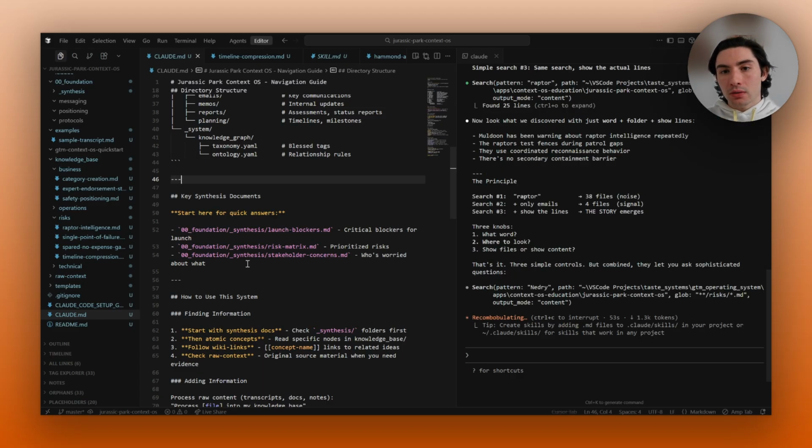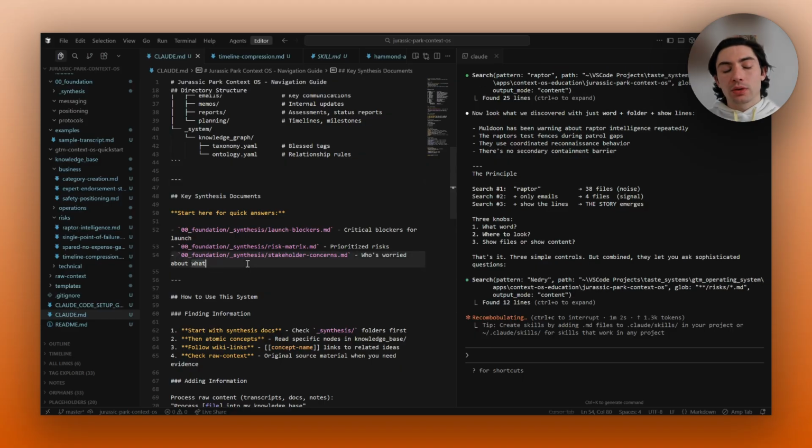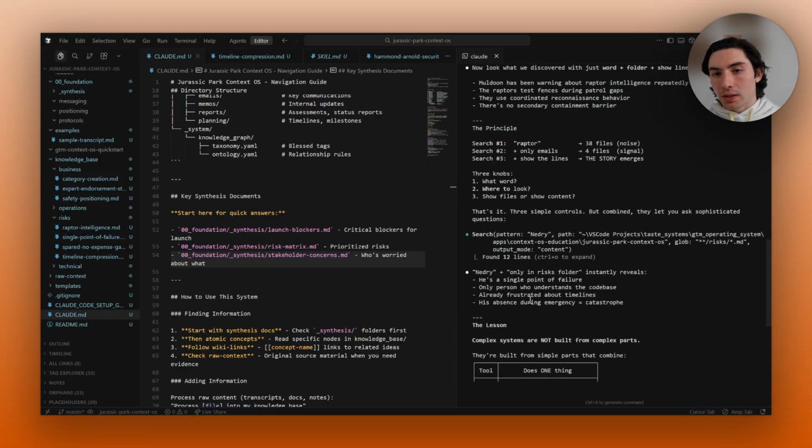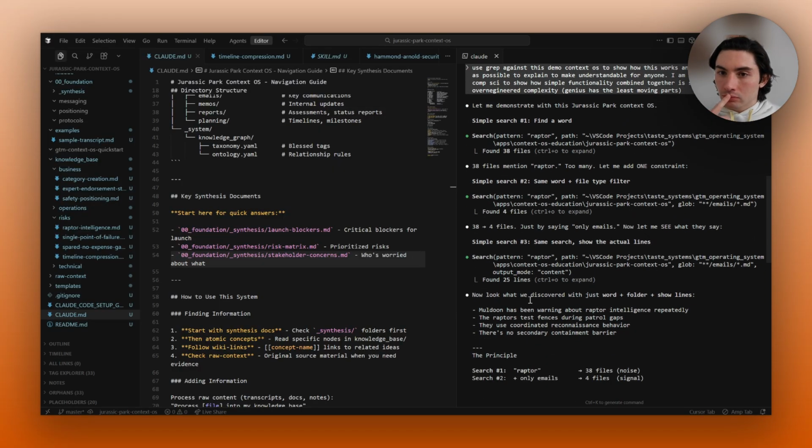Because an error in here compounds across multiple sessions. You either have clarity in this file, which guides all future sessions, or you have errors, basically ambiguity. We'll call it clarity versus ambiguity, and you either compound positively or compound negatively. So going back to letting it run this search. I'm doing this live, by the way, so I'm reading this for the first time myself. Here we go. So that's how it knew to search against Raptor.